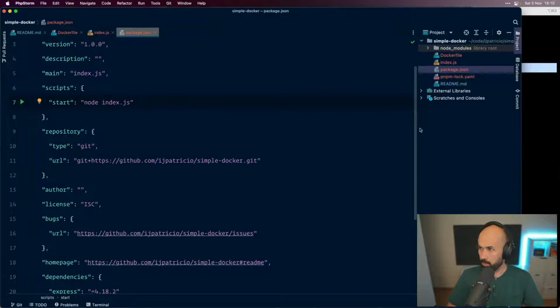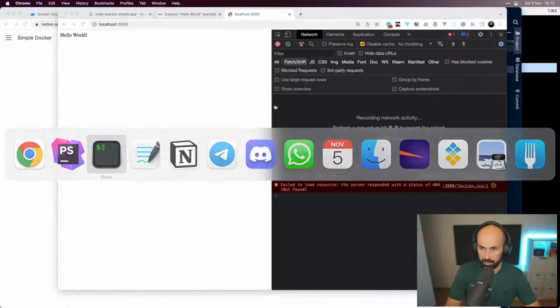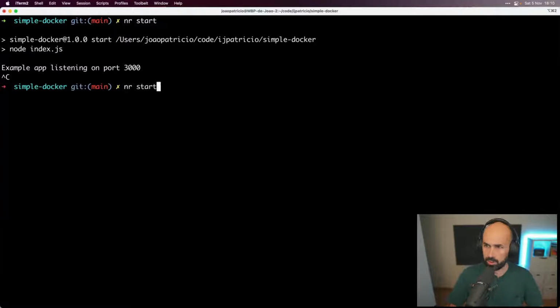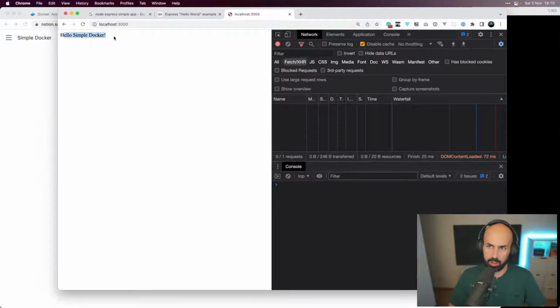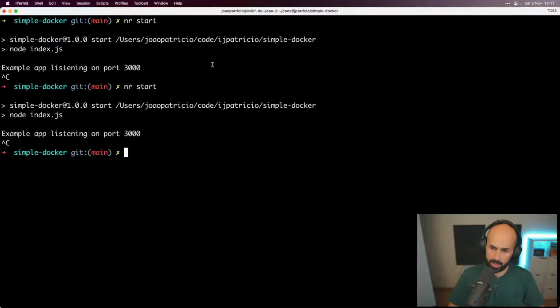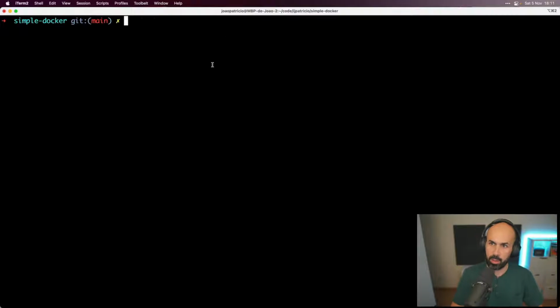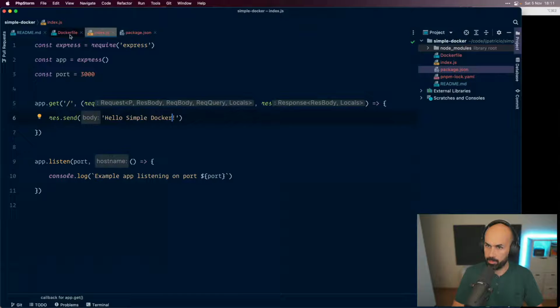So just so you can be sure, let's say hello to the simple Docker class, right? We don't have any monitor running for the changes, so we have to start again. And if we were to refresh right now, sure enough we see simple Docker. But now you ask, you are running this on your machine, how can we run it inside? So yeah, to run inside we need to run it in Docker. So let's do just that, step by step.